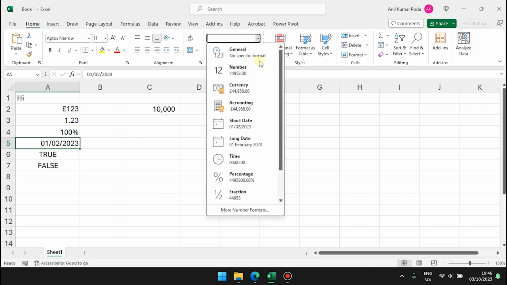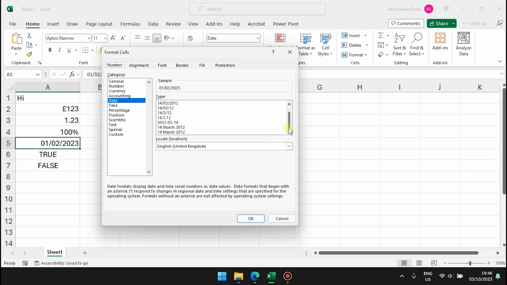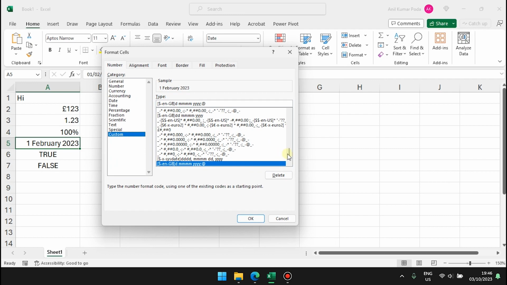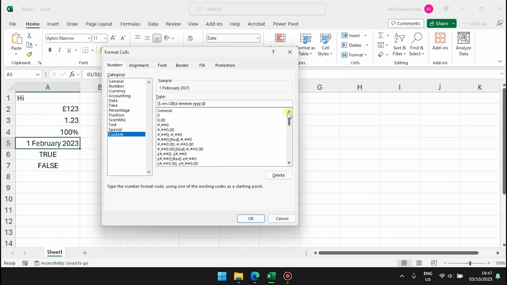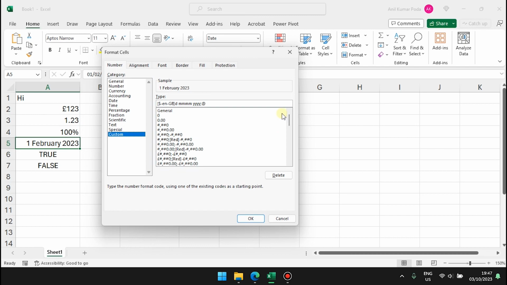And when you expand this More Number Formats, we have already seen the screen for accounting and currency. When you go to the Date tab, you can see all the different types of date formatting available. You can go to Custom, and we have all these different custom data type options present, which you can select based on your requirement.